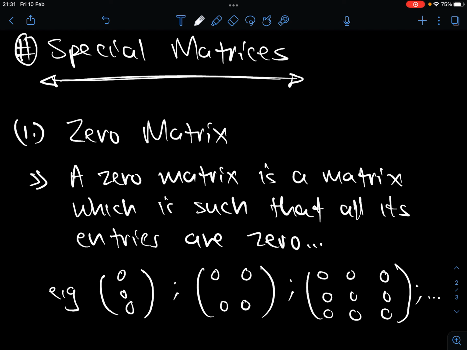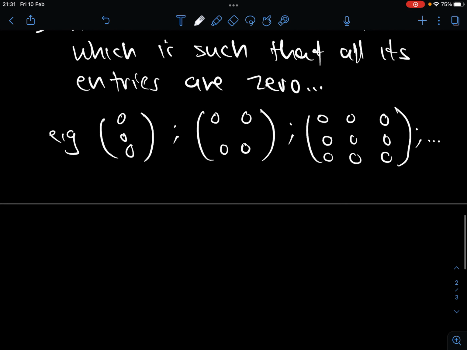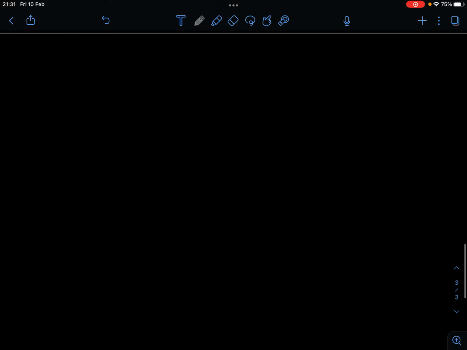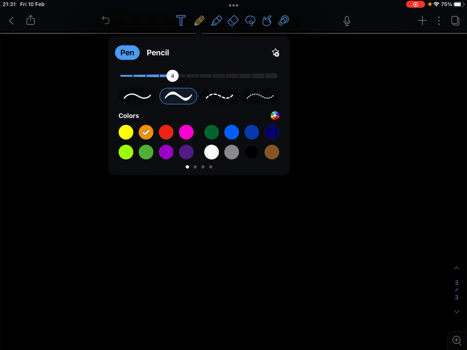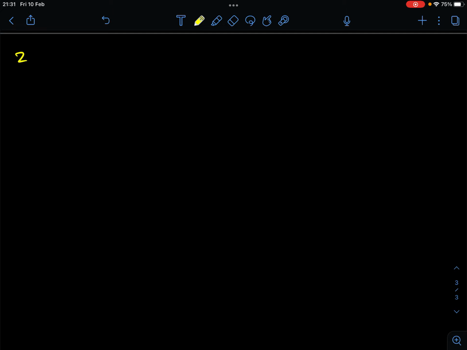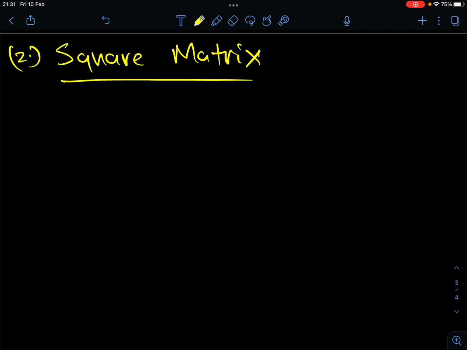You see. Now that we know of a zero matrix, the next thing that we want to talk about is a square matrix. You see that? So square matrices are some of the special matrices that we usually work with quite often, and therefore it's good to give a formal definition of what exactly is a square matrix. You see that? So a square matrix